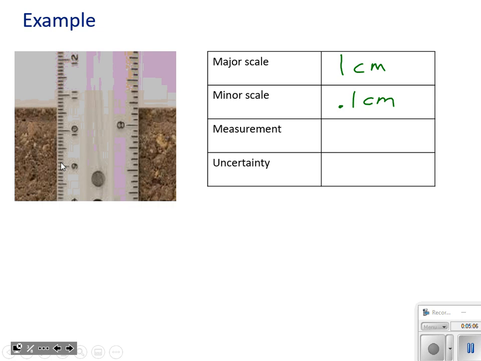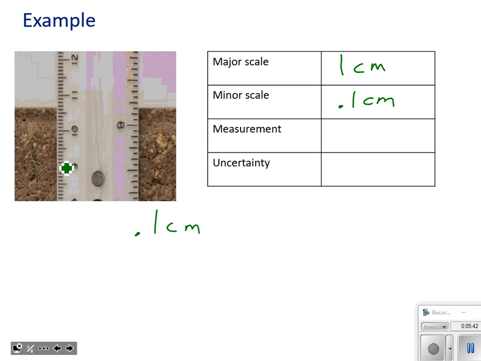Now, my measurement, okay? I'm going to skip my measurement right now. I'm going to skip my measurement until after I do my uncertainty. Why am I doing that? Well, just simply, folks, my uncertainty is going to be dealing with that minor scale. So I'm just going to show you this right now. My minor scale, I just said, was 0.1